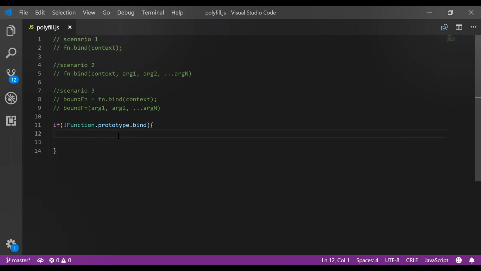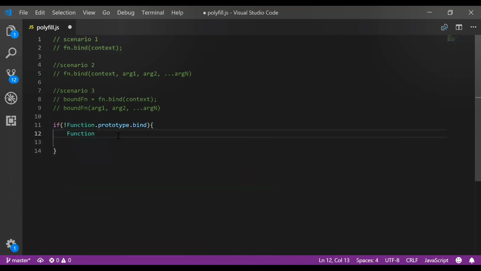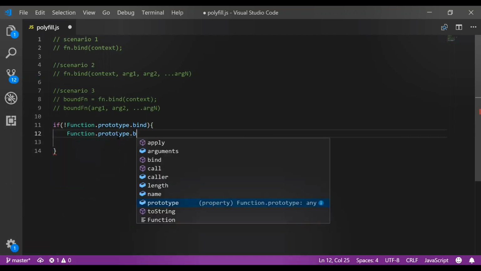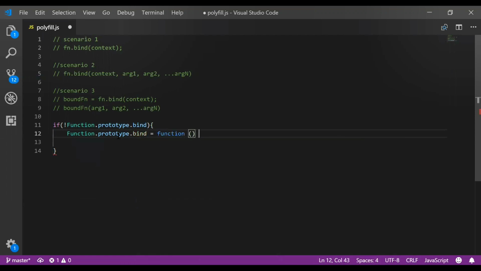This makes sure that we don't override any existing method. So let's create our own bind method if it does not exist on the function object. As bind is a function, inside Function.prototype we are defining the bind function. We need to add it to the prototype so that this method is available for any function we create.